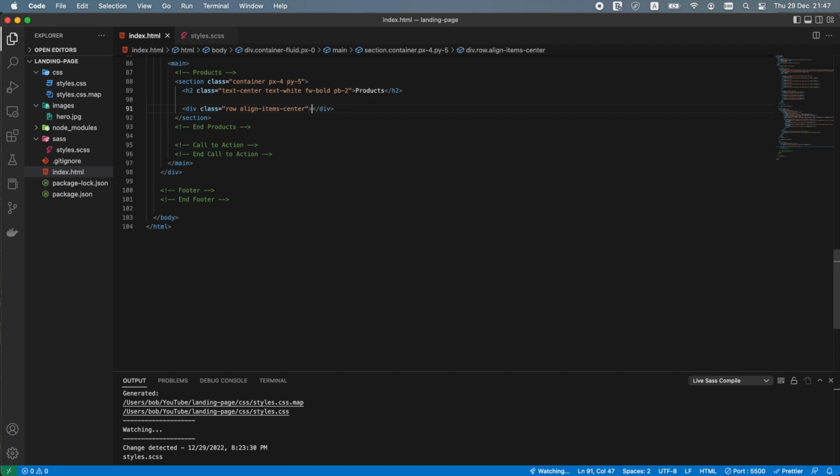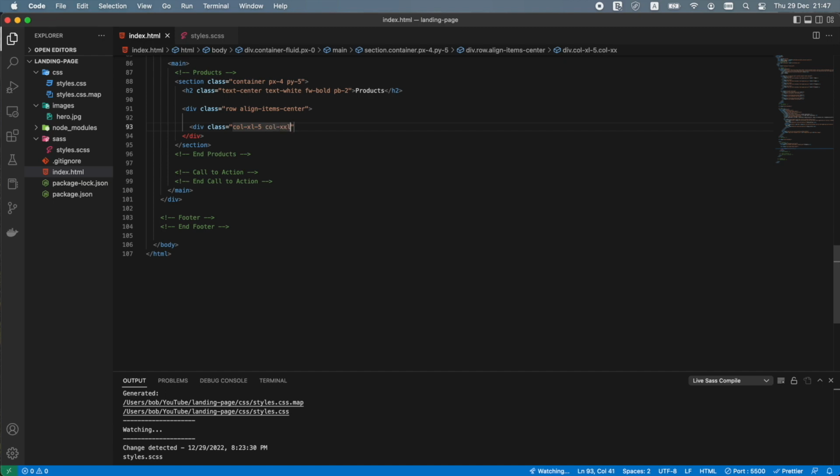As I've already mentioned, Bootstrap's grid system allows up to 12 columns across the page, and the column classes indicate the number of columns we would like to use out of the possible 12 columns per row. Bootstrap's grid system includes 6 tiers of predefined classes for building complex responsive layouts. We can customize the size of our columns on extra small, small, medium, large, extra large, or extra extra large devices, however we see fit. Okay, let's add 2 Bootstrap classes to the first div,